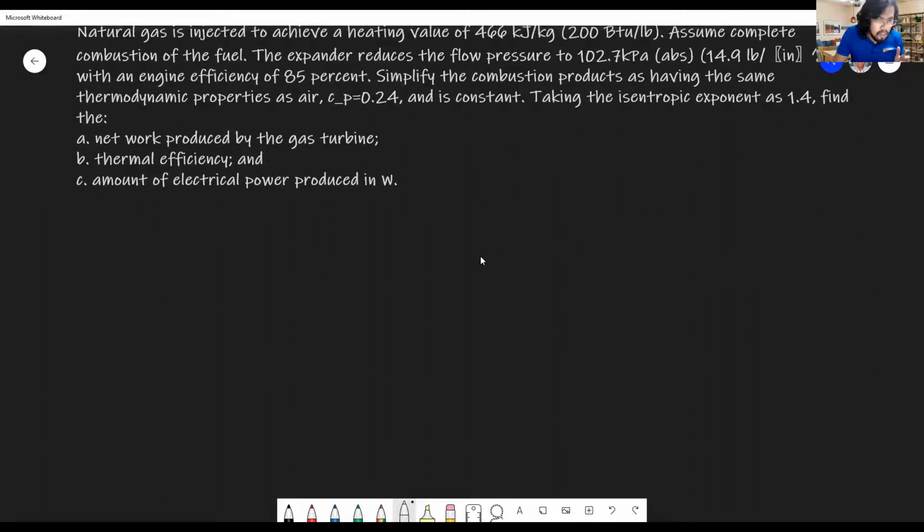Suppose let's have a chart that will look like this. So it's a heat engine cycle. Now the ideal cycle, let's assume, it's isentropic, right? So when it's isentropic, take note that you have